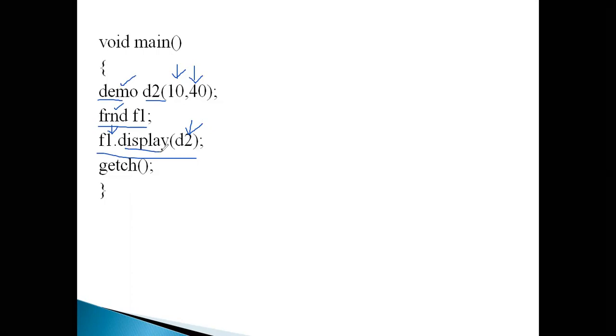To invoke a normal function, as usual, we must use the dot operator. So that's what we are doing here. And at last, close the main function. So this is the way we work with friend classes.